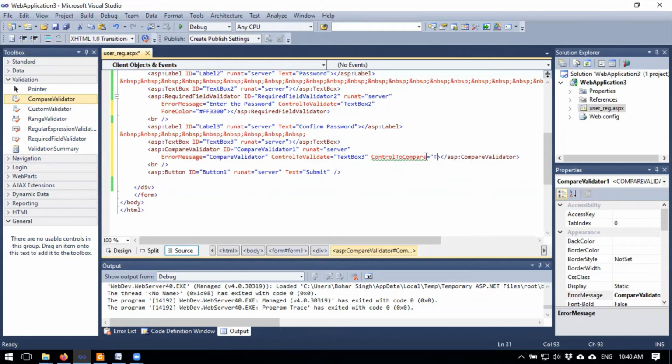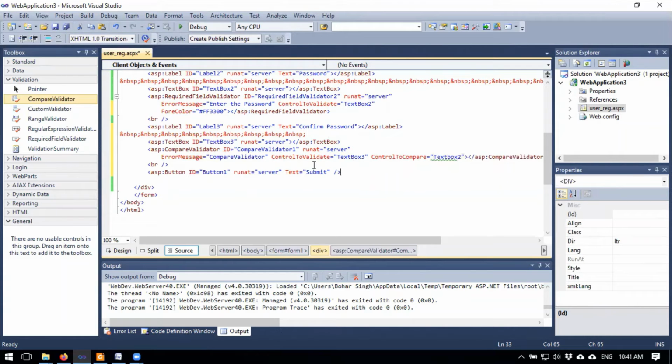Then I will write here text box 2. One is control to validate, one is control to compare. Be capital. Now save this one.